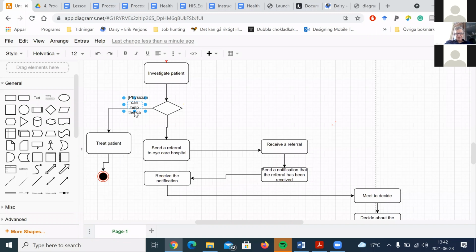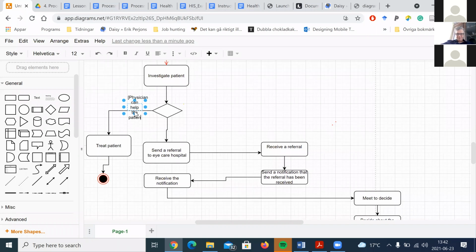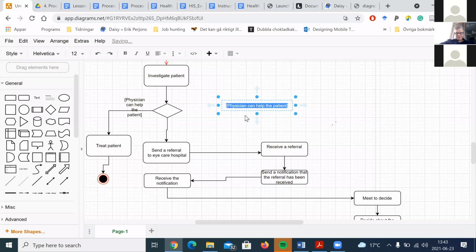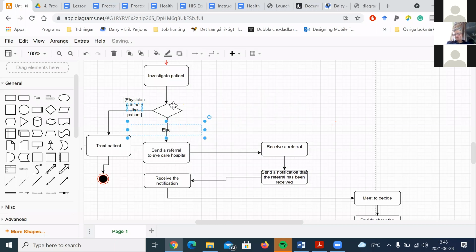Patient. If that is true, then you go to the left, and then the physician will treat the patient. But otherwise, I usually use this else, which is nice because if that doesn't work, in this case, they send, and I write else here. So else, you go straight down, and the next action to carry out is send the referral to the eye care hospital,